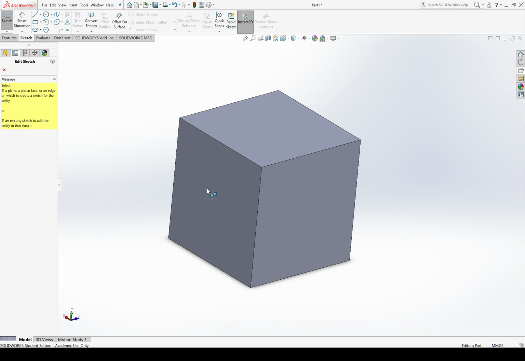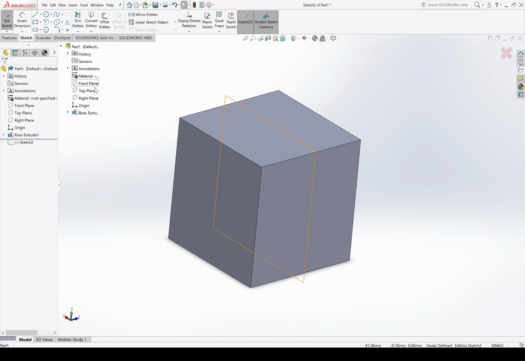I can use one of the ones that already exists, or I could use a feature that I've already defined in my part. The advantage of using the coordinate planes is that they don't change. They are permanent. If I were to define the sketch on one of the edges of the cube, if the cube changed for any reason, my sketch might break. If you are designing an elegant sketch, you shouldn't have that issue. It should be able to accommodate changes in the cube, but let's just draw on the front plane for the purposes of an arbitrary example.